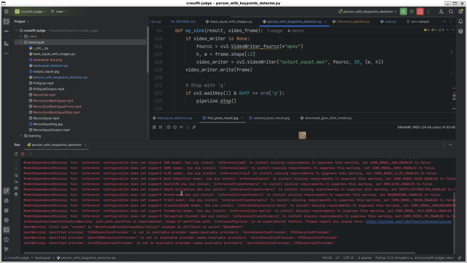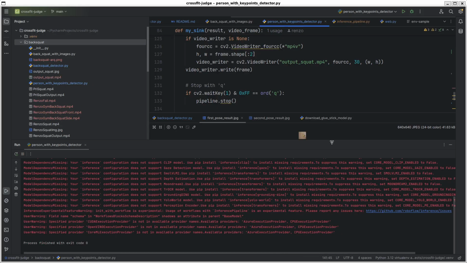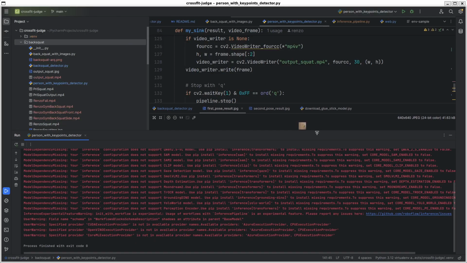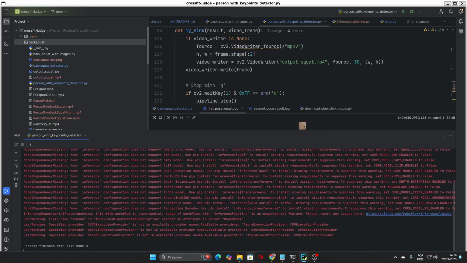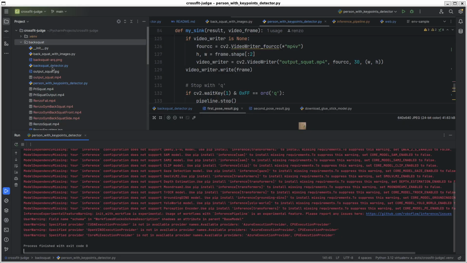Where's some with key points? Let's see. Maybe because I changed the model. Maybe. Because it's not printing anything. Yeah. I have changed the model, but let me run. Well,